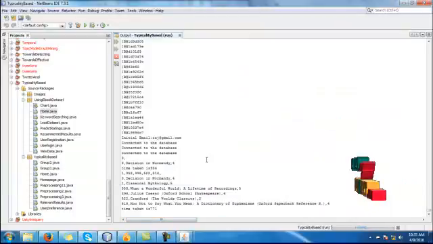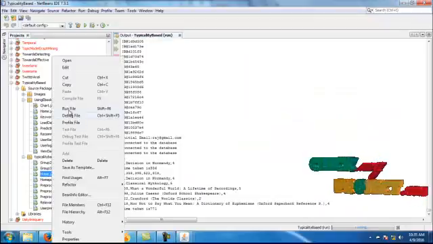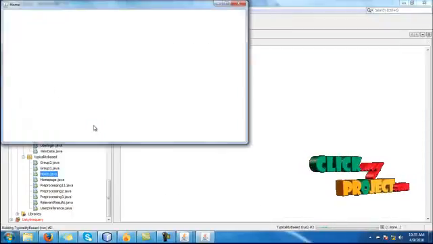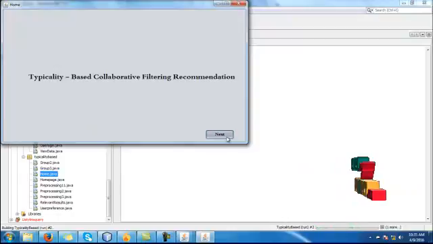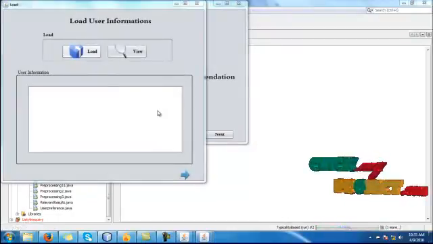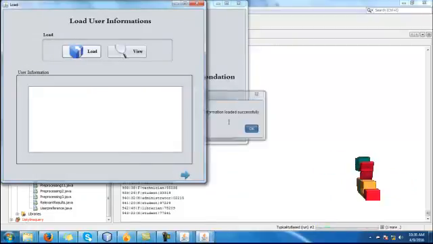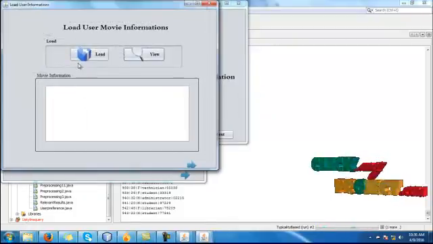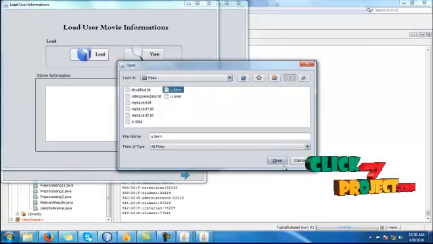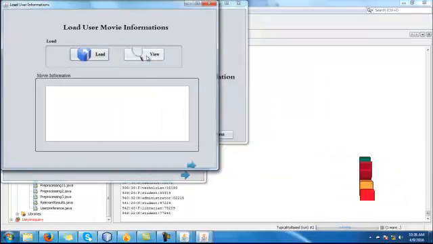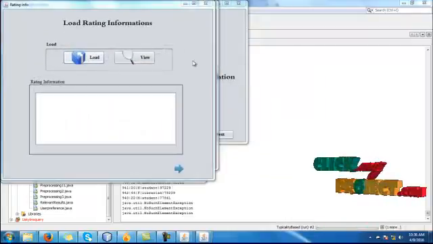Then we are going to run based on the movie dataset. Just click on the frame and click run file and click next, and load user data, and it will be loaded successfully. View and load movie information, view and load rating data,